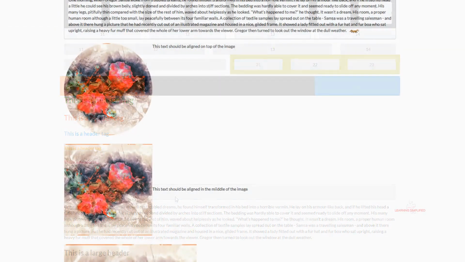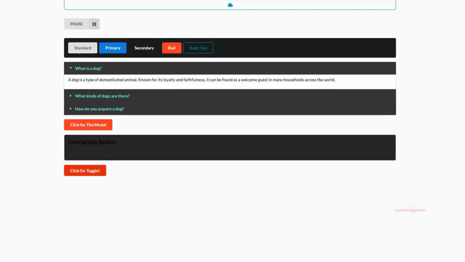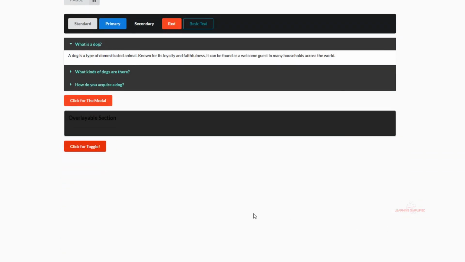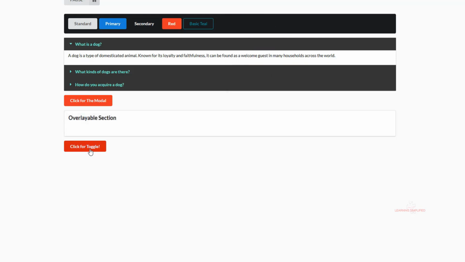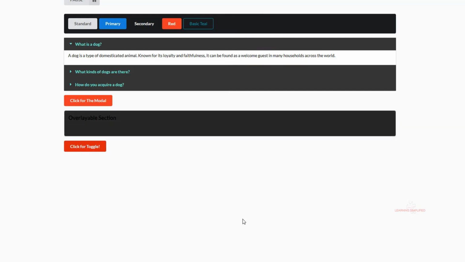So we can come to the conclusion that we are successful in imposing our overlayable section on a particular container. So this is how we may use a dimmer class right over here. We may use this click for toggle section, and we may hide or show whatever we wish to do.